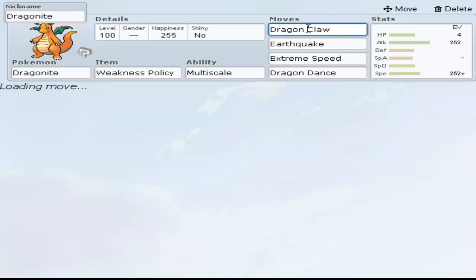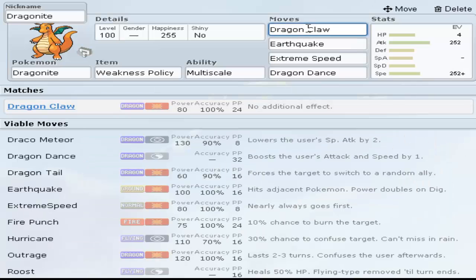Now we're going to move on to the moves, and the first move is Dragon Claw. The reason why I go Dragon Claw on this set instead of, say, Outrage is because with Dragon Claw you have complete control. It's not as powerful as Outrage, but you're not locked in, and what has kind of nerfed Outrage in the current meta, or at least in Gen 6, is the introduction of Fairy types. Because Fairy types completely immune your Outrage,